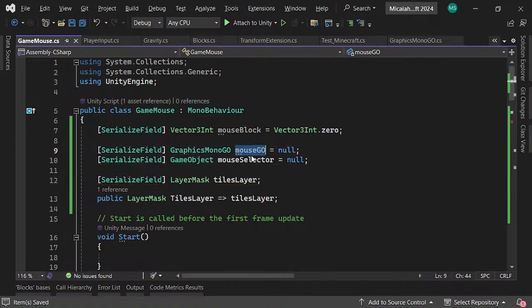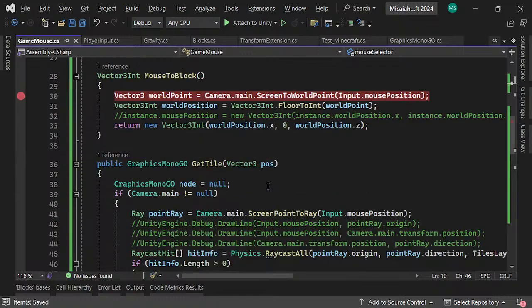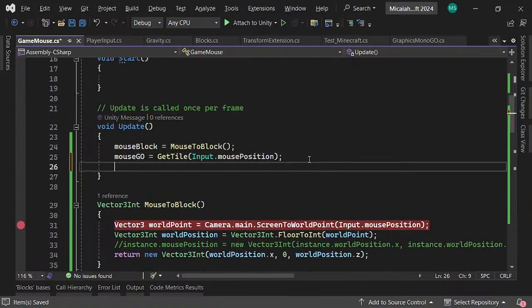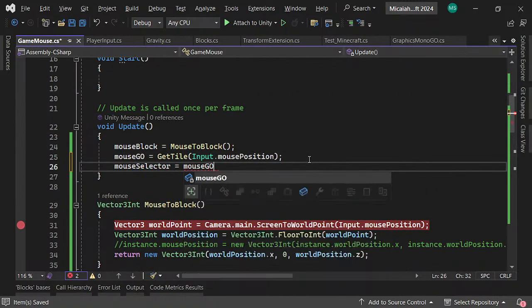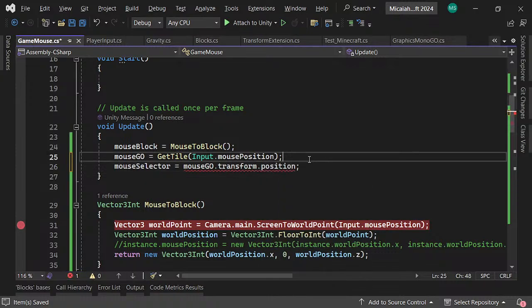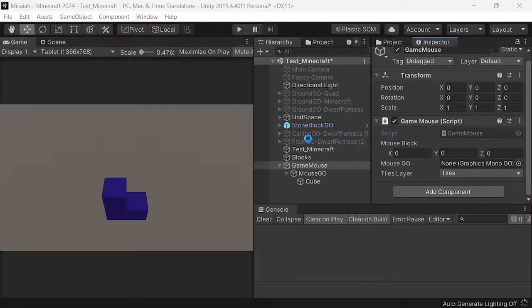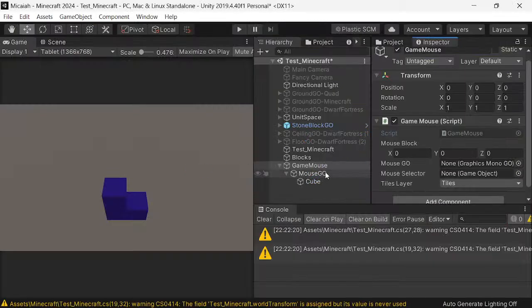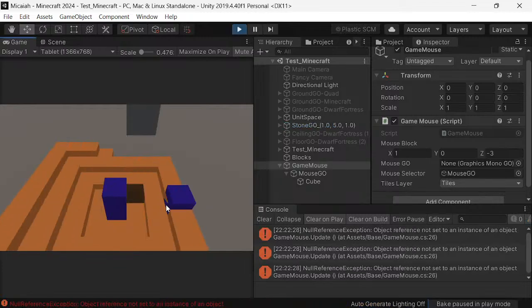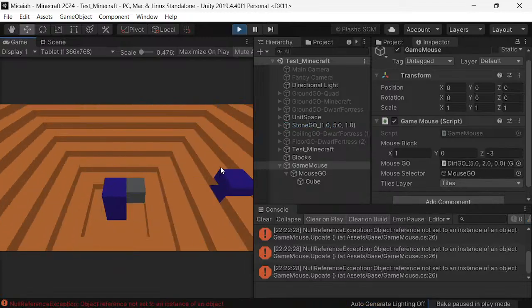I want the mouse selector to equal the mouse geo dot transform dot position. Then I just need to apply that object to that field. So now we can see that it will be hard for the player, but now we can see that it's